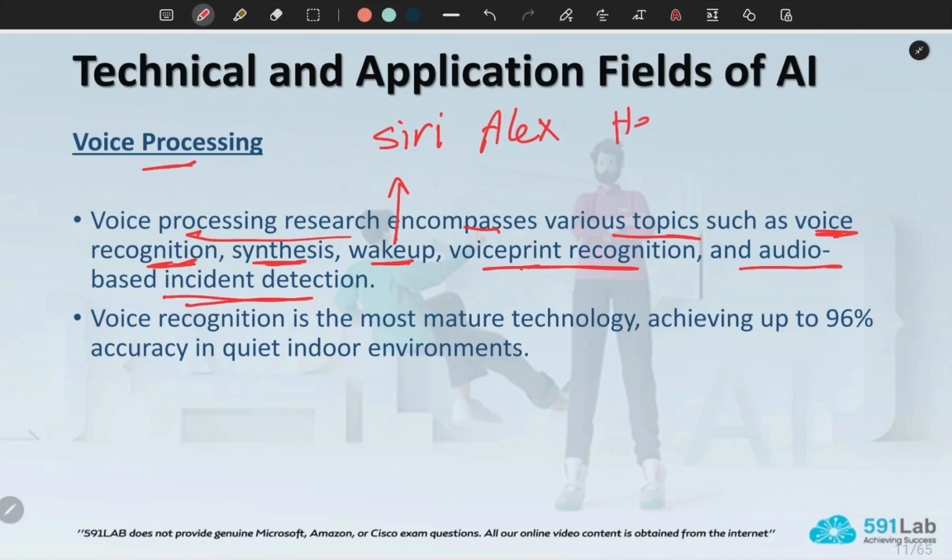When you say hey Google, or Alexa or hey Siri, these are called wake up calls. I know in Alexa and in Google devices they have edge computing.